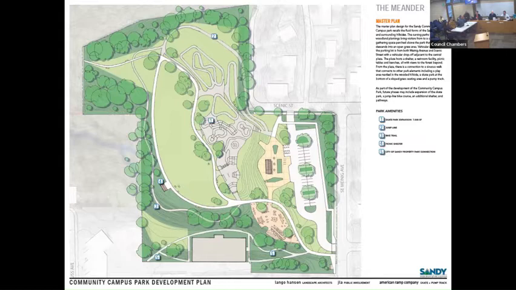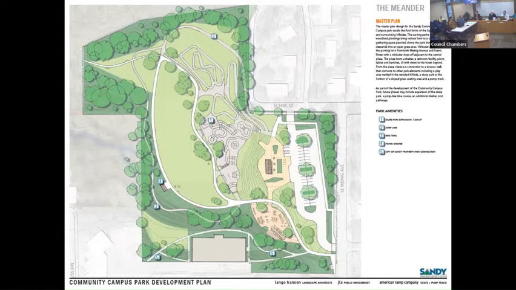A number of things I'll start out, then turn it over to Maddie. Along the south side next to the existing city-owned building, which is currently Sandy Net, you'll see that we're showing a series of pathways. We certainly envision things happening on the south side of this campus. So we've begun to plan a series of pedestrian pathways, connections down to the park itself.